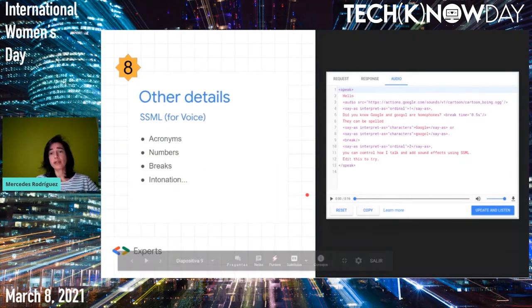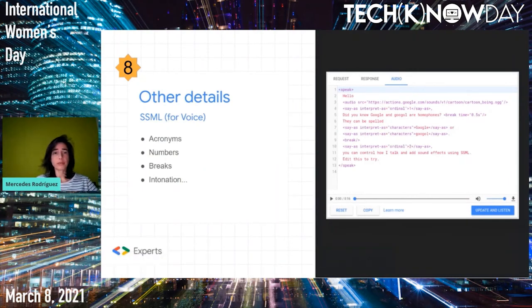Then there are other details that do not seem so important, but are details for excellence, and so improve the final quality of your agent. In case of voice, for example, there are some elements that we have to pronounce differently depending on the situation. For example, numbers, depending if it's an ordinal or cardinal number, sometimes we have to say one and sometimes we have to say first.